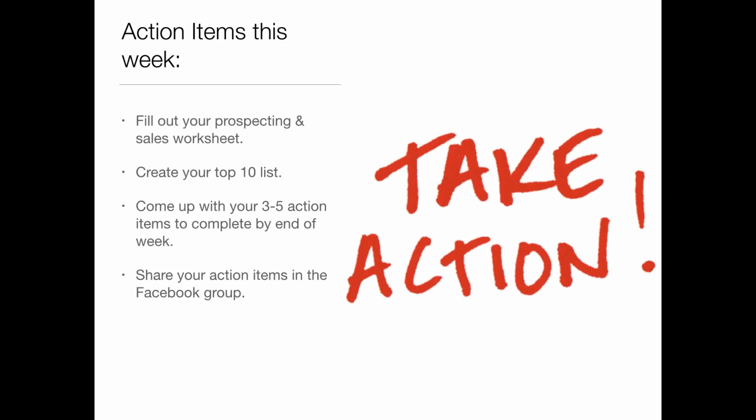I feel like we're all such perfectionists. Like, we want to put things together and ask, is this right? Is this wrong? Is it perfect? I mean, this stuff is designed to help you. So in creating the top 10 list, don't make it harder than it has to be. Like, who do you want to meet? And the example that we have in here is a great one, because it really helps you to think about the kind of people that you can be putting on your top 10 list.